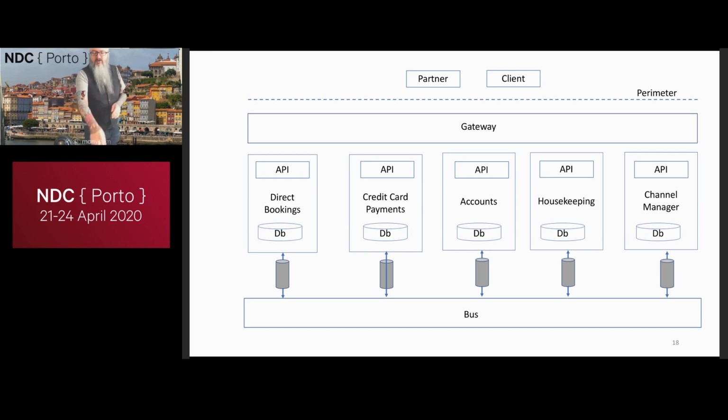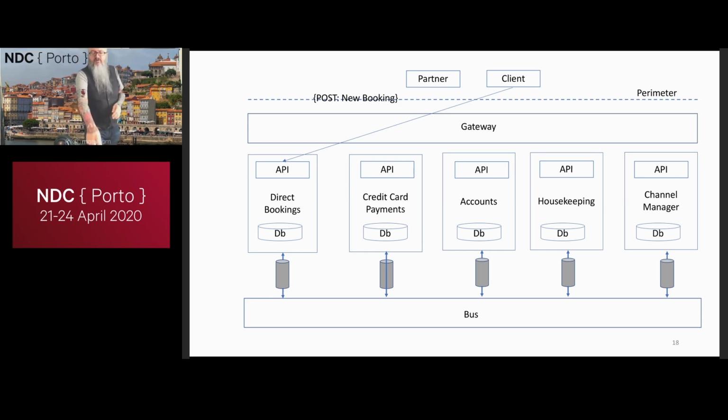So imagine that same scenario again, where I want to basically create a new booking for a hotel room. Well, actually now what's going to happen? I call the API to take a direct booking, but how am I actually going to start the work of doing the other steps in my flow? Getting my credit card information out of the account, taking the payment, reserving the room with housekeeping, updating the channel manager. Because direct bookings has its data about booking, but it doesn't have the data that lives in the other microservices. And the rules say I can't reach into their database and get hold of their data. So I need some other mechanism to basically ask them what to do, or rather give them instructions what to do.